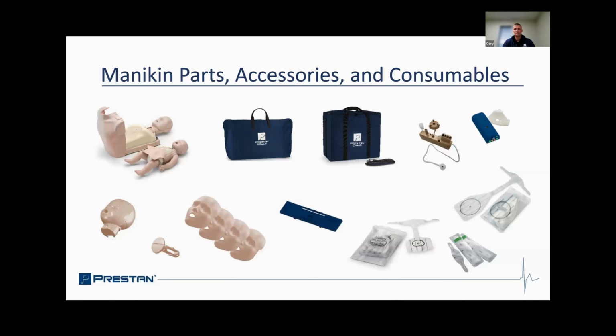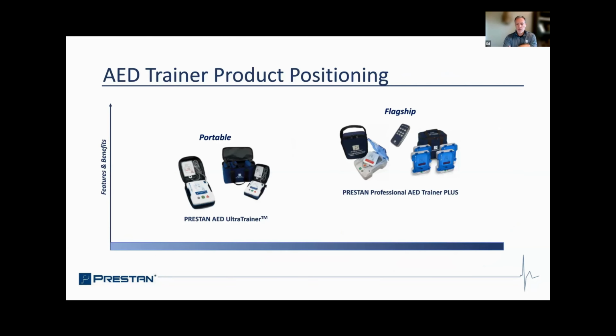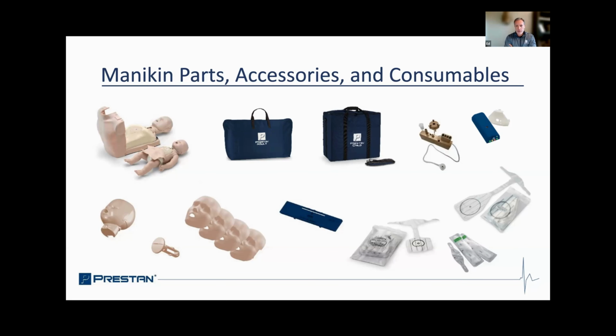We do offer replacement parts. We have accessories and also consumables. As you can see here, we have additional lung bags. These can be purchased as additional lung bags as things get used. Replacement face skins for the child, infant, and also the adult. We have torso frames, bags, rate monitors, battery doors, and so forth. So a lot of these things, whether they get damaged or they get lost or they just need replacing, a lot of this stuff can be reordered as a replacement part or just a reorder process.